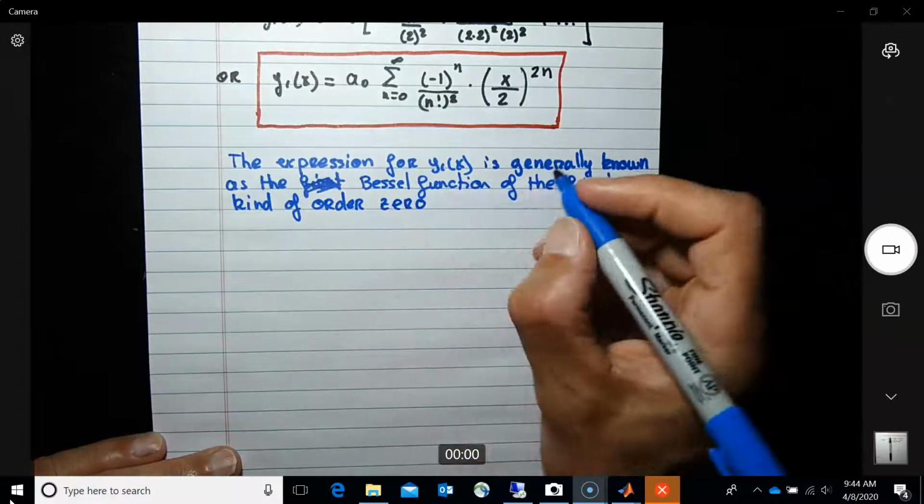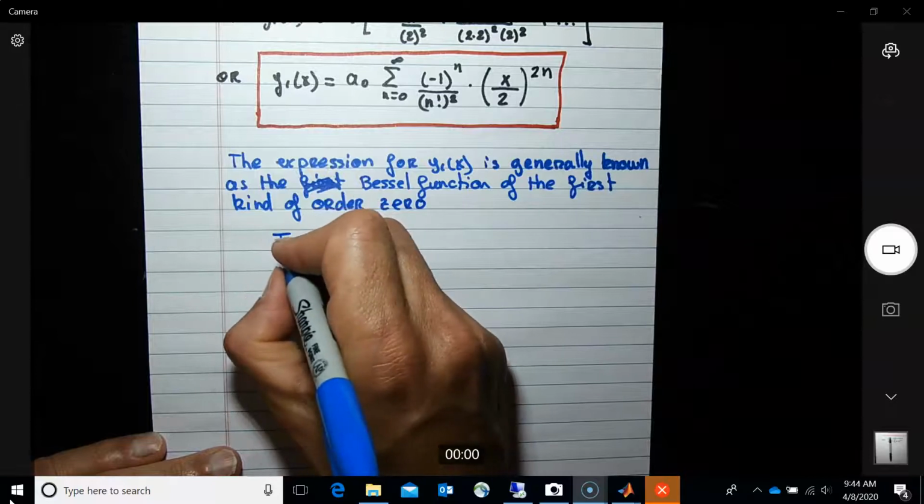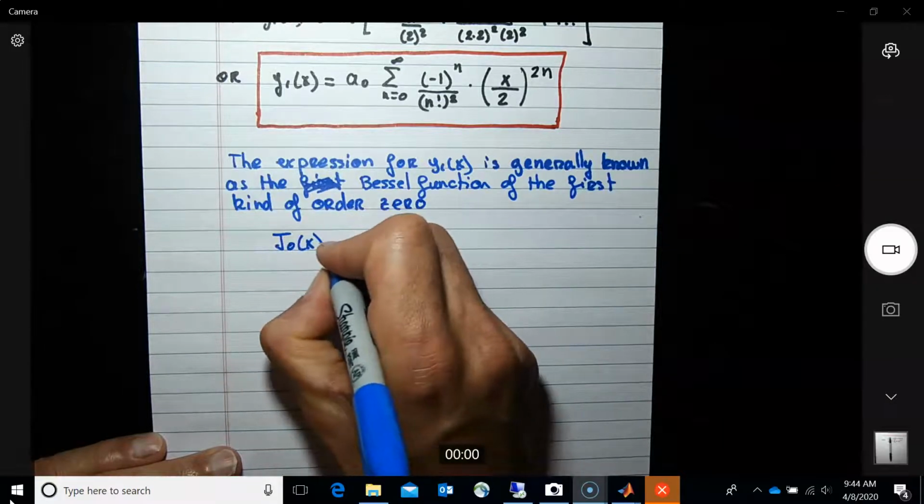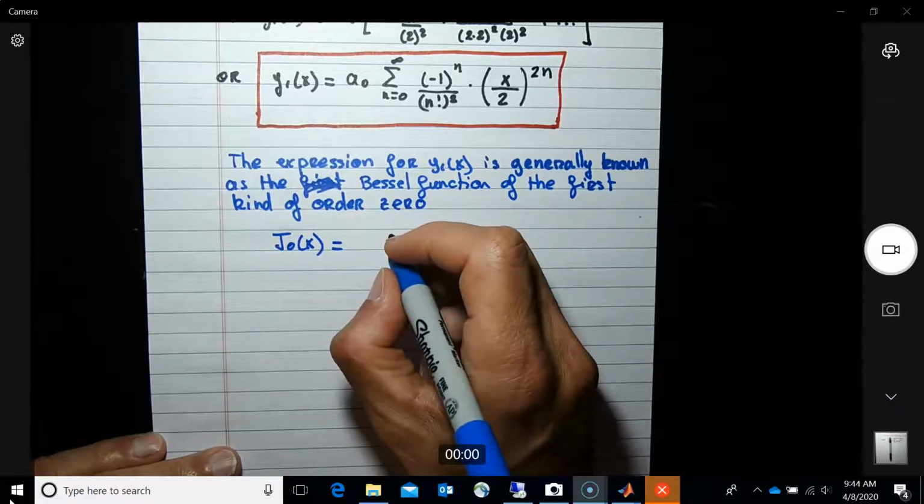Okay, so basically you have j naught of x will be equal to